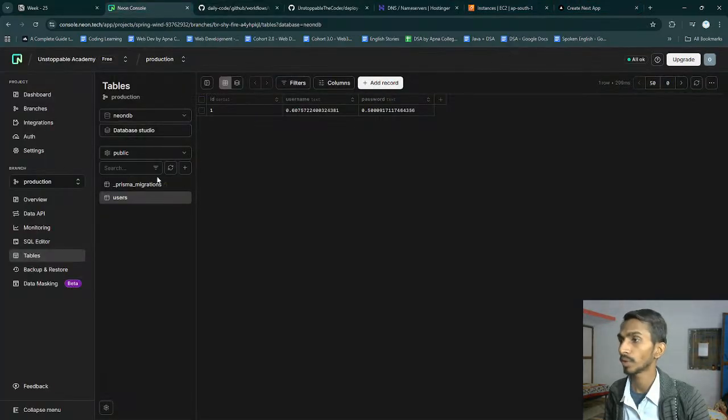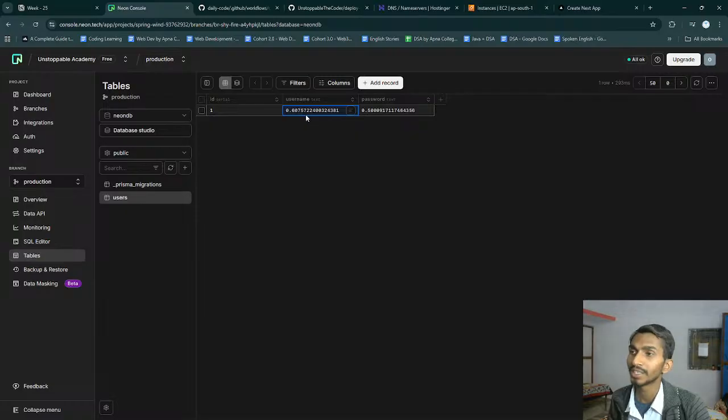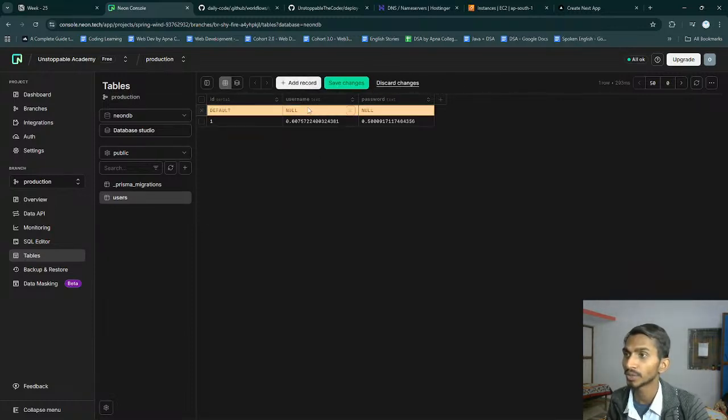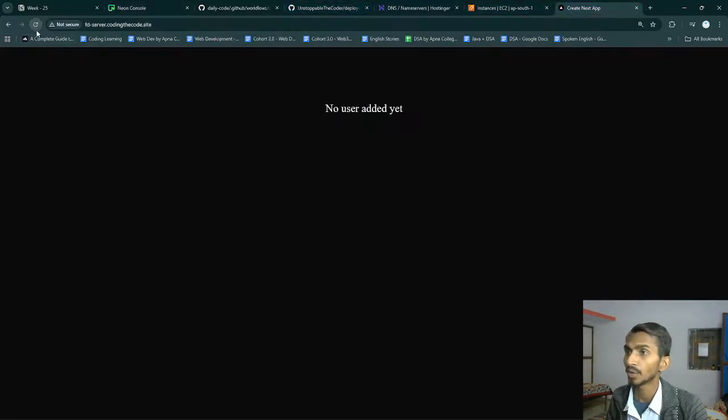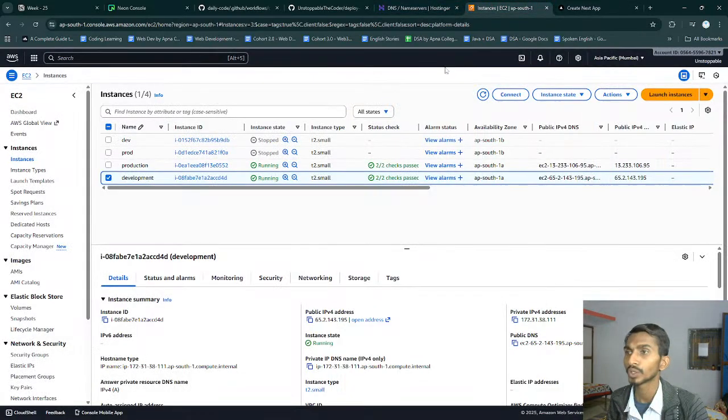When we have a look at our database, this is the username. I think it's not able to figure it out because the username is a number, and maybe it is not able to check things properly because of that. So let's add another username, suppose Vipendra, and the password is just anything, 123. Just save the changes, and once this is done, let's check this out. Right now it's still not working, so what kind of data are we using? FD server, we are saving the data in production.